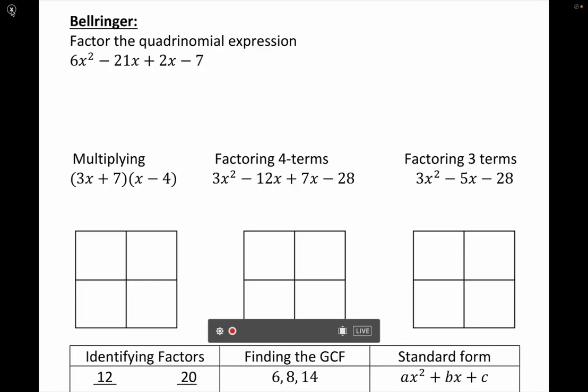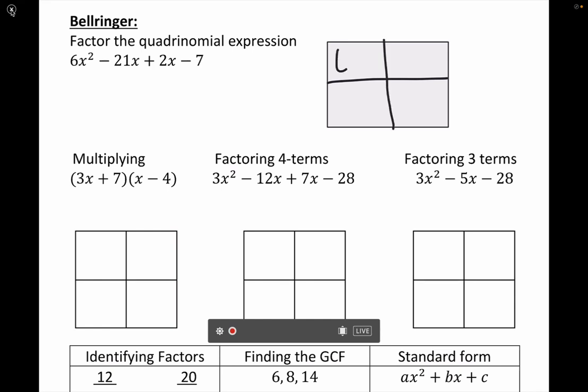We're going to talk about factoring today. Hopefully, this will help things make a little more sense. We talked about on this warm up yesterday working with the box backwards and filling in the different pieces. So if we have 6x squared minus 21x plus 2x minus 7, we talked about the importance of finding the